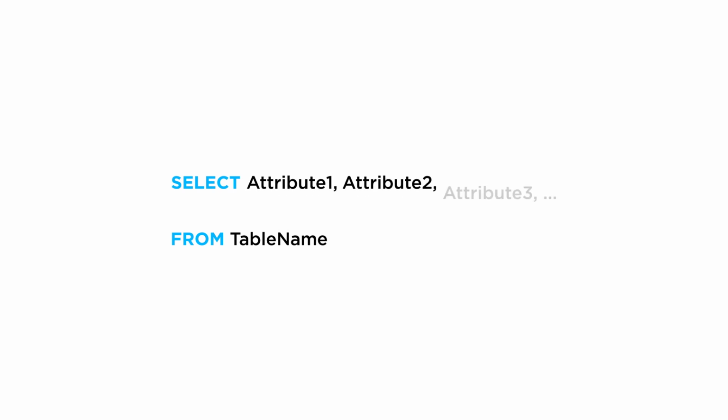the following. Again, select from table, so the basic structure remains the same. However, instead of using star, we're going to use a list of the attributes in a comma-separated manner for the attributes that we want to show in the results. So we write, for example, select, then attribute 1, comma, attribute 2, comma, attribute 3, and so on, and then from table, which table is the table that we want to query. Let's take a look at a few examples.